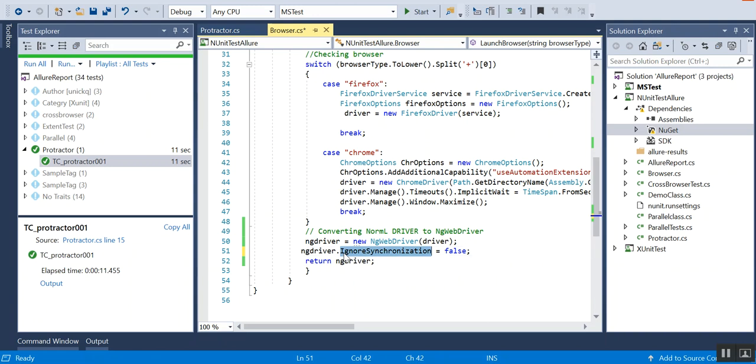It is telling Protractor to wait for the synchronization. How much time it takes, it does not care. You have to wait for the synchronization. Once the synchronization is complete, only then you do the action. So if there are cases where the values are not displayed, then add this special line, and it will work perfectly for Angular websites.